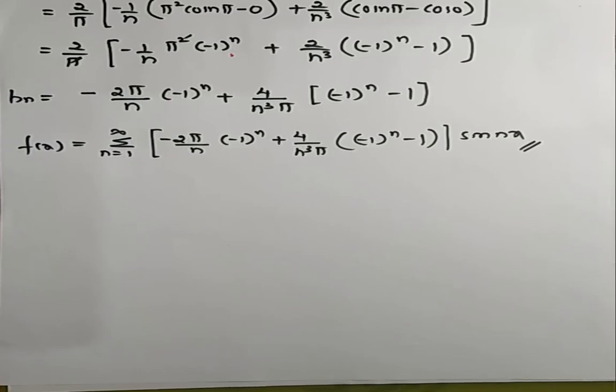In the next class, we'll discuss the even and odd functions of arbitrary period 2l. In 2l, you again have two intervals, that is minus l to plus l and 0 to 2l. At a time, I used to give the table for both the intervals, minus l to plus l and 0 to 2l. I used to give the same common table, and I will solve simultaneously examples of arbitrary period 2l having minus l to plus l and 0 to 2l.